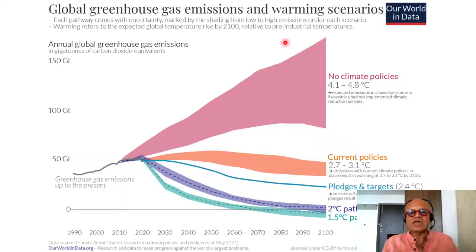So here is another way to look at it. We have been emitting here going into the future. This is from 2010 or so. If we had no climate policies, this is the estimated warming we would get by 2100. With the policies that existed in 2010, we would bring it down to here, 2.7 to 3.1 degrees centigrade, from 4.1 to 4.8 degrees centigrade. The pledges and targets would bring it down to 2.4, but to reach the 2 degrees C or 1.5 degrees C pathways, we will have to seriously draw down carbon, but we are already late anyways,